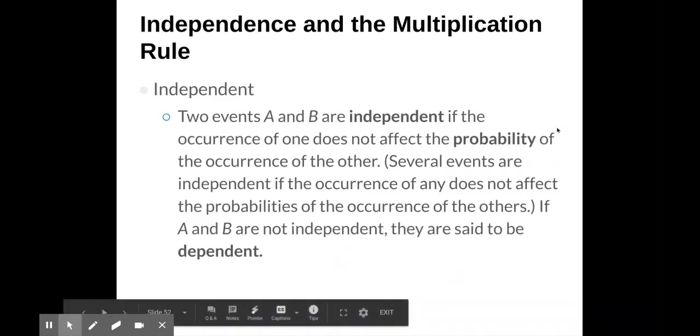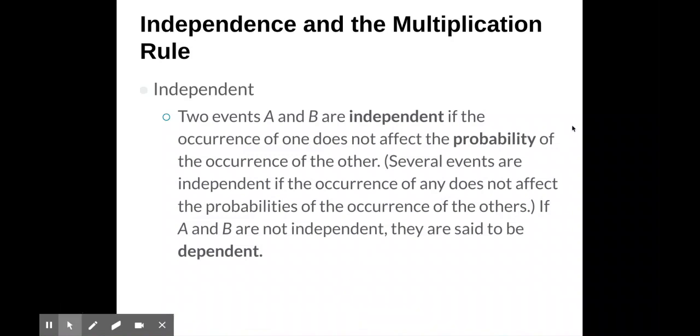Now, just like with the addition rule, where we had the idea of disjointedness, that if two events are disjoint we can simply take the probability of A plus the probability of B, similarly with the multiplication rule, if two events are independent, then I can just take the probability of A times the probability of B. But independence here is a little harder to think through. Sometimes it's a little harder to prove. In some cases, the problems will be worded